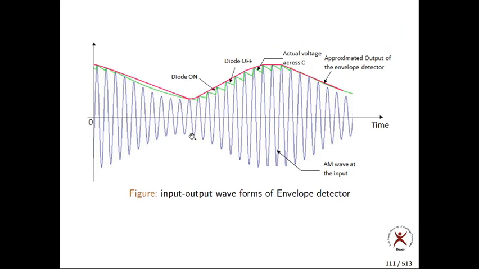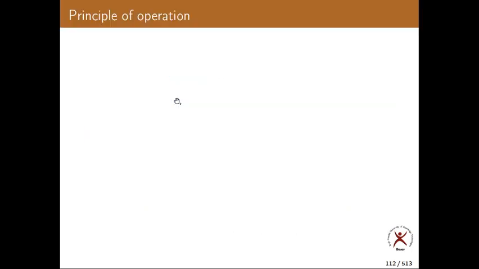This is simply a circuit diagram explaining the operation of the ED. So charging, discharging in each and every cycle. This line represents the final output of the ED. Almost that is the envelope. Okay, the output is proportional to M of t. This is the principle of operation of the ED.